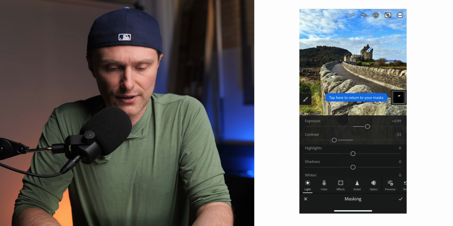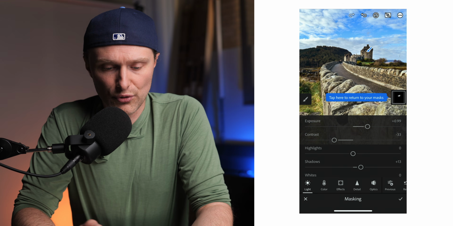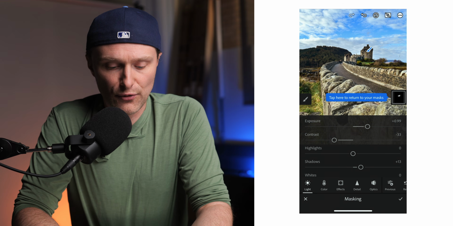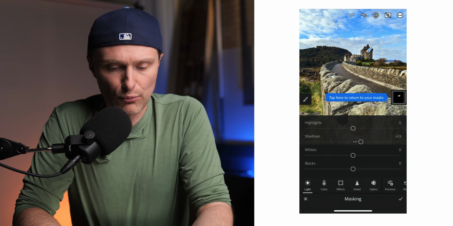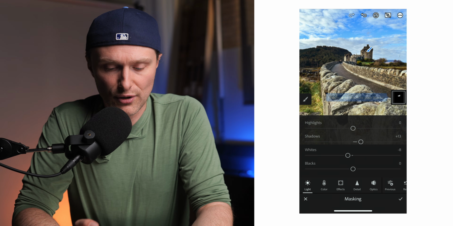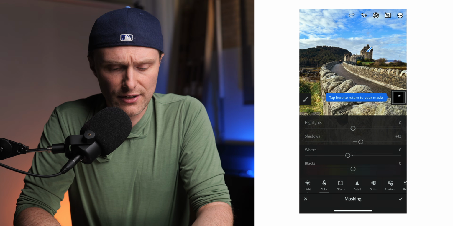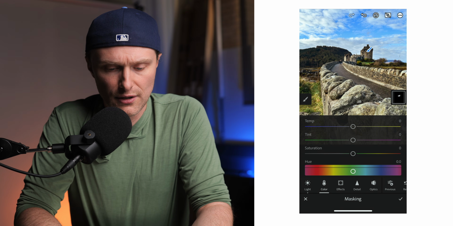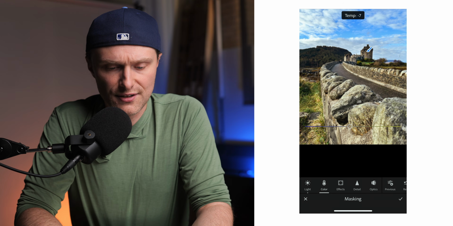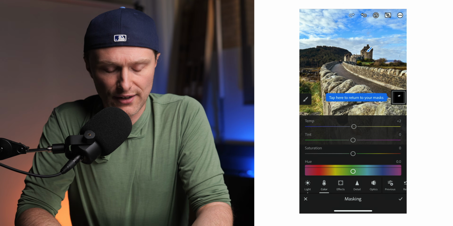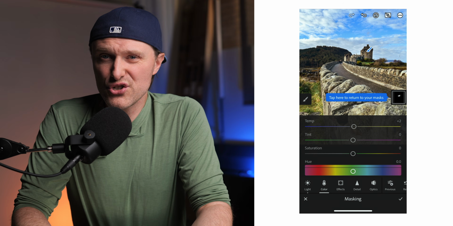From here, I can also raise shadows a little bit more to make it look more in focus in terms of that focal point, and maybe bring down the whites a little bit so it makes it look a little bit more natural and a little bit softer to the look. From the color here, we can change the color temperature. We could go yellow, we could go blue, but we're just going to keep it right there in the middle, probably around maybe +1 to match the grass as well as that orangey look that you get